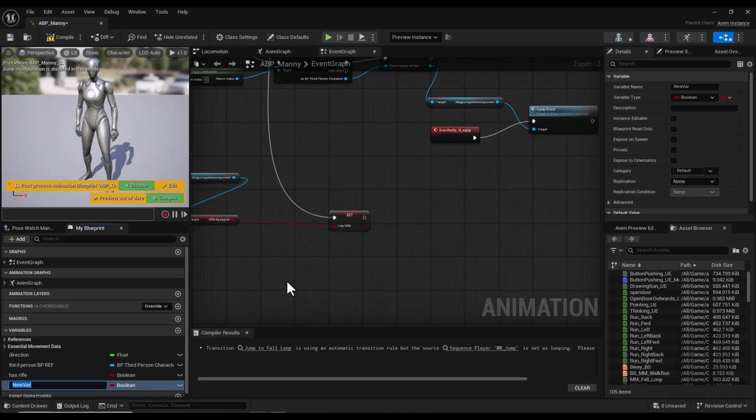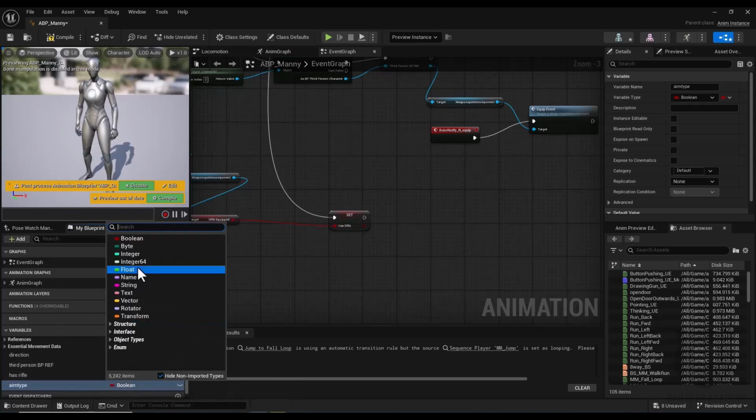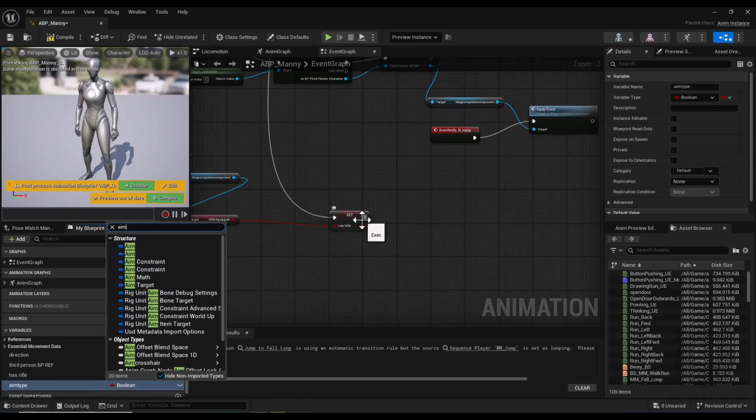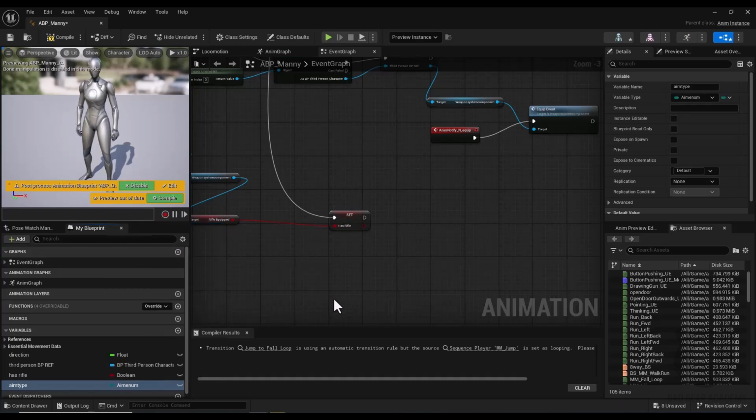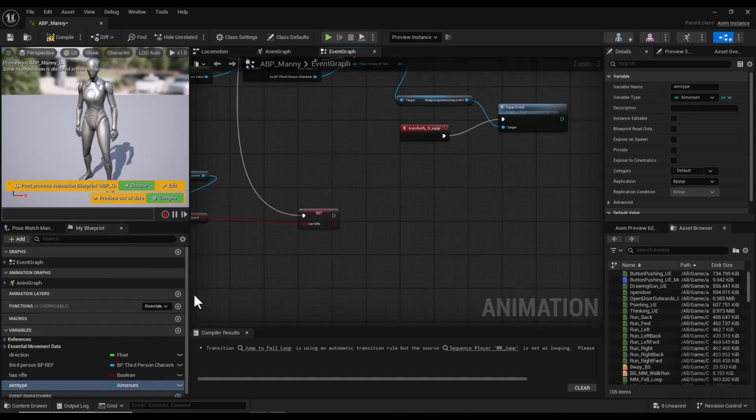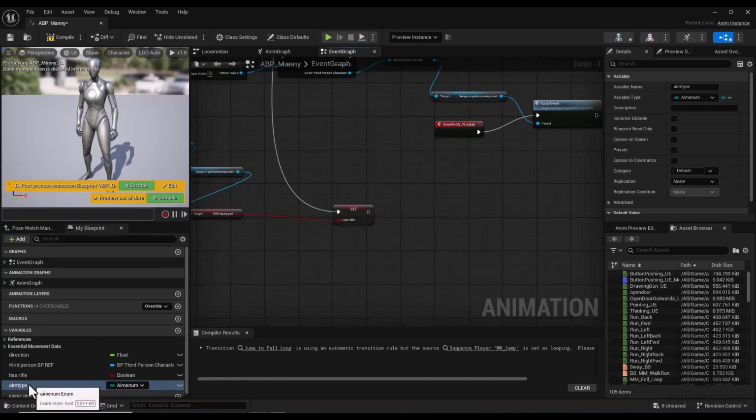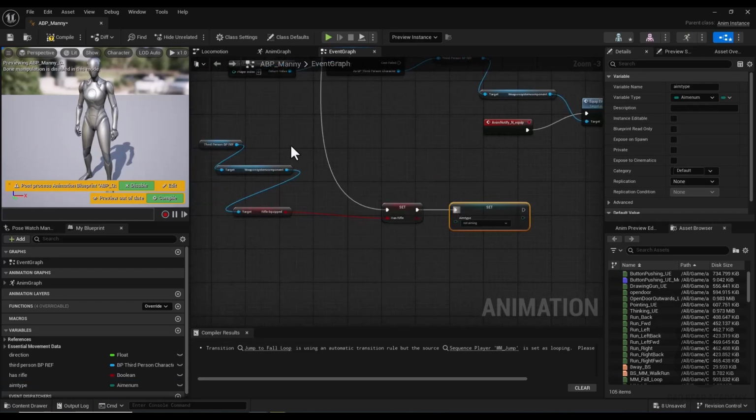First I create a new variable and I name it aim type, and for variable type I select aim enum, the enumeration that I created. Alright, now I drag and drop it and get a setter of this enumeration and connect it to here,